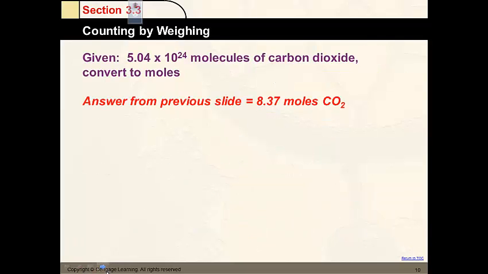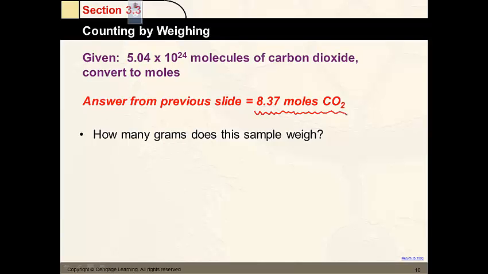Next, we have an example that relates to the previous one, and it says how many grams does a sample weigh? So we already said that it was 8.37 moles was our answer from the previous slide, because this is the same as before. Now we want to convert this to grams. So if it's 8.37 moles of CO2,